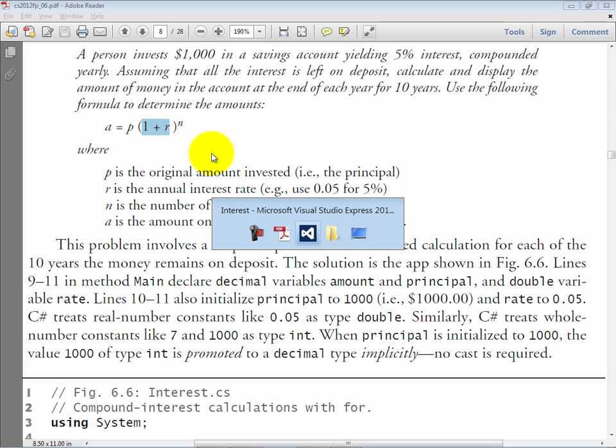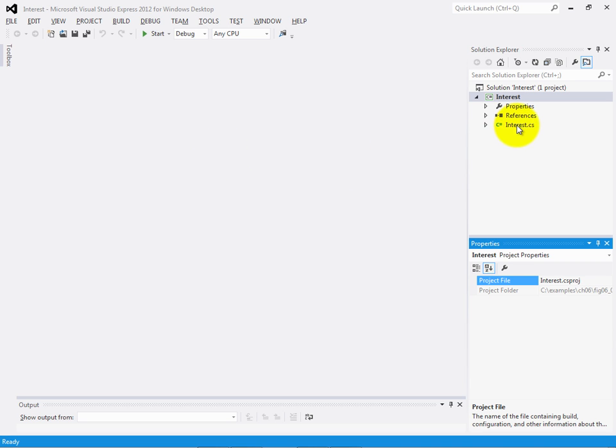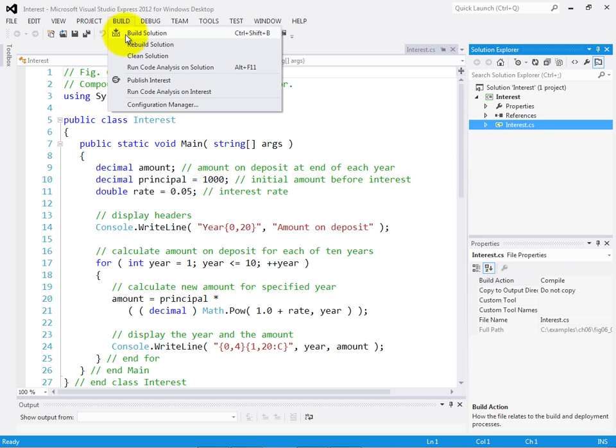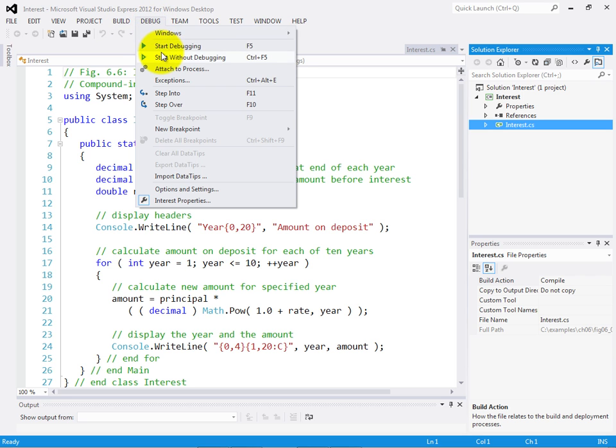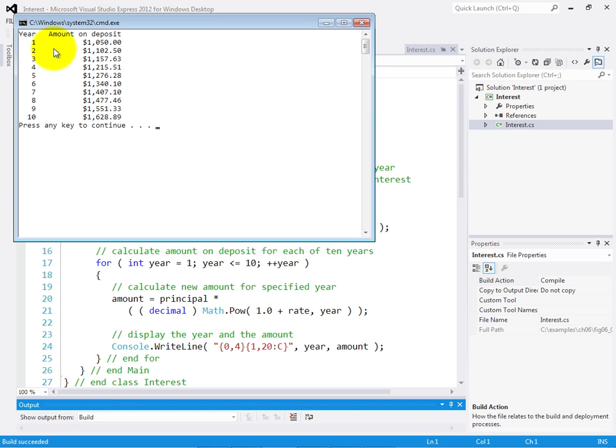So let's take a look at the actual code that performs this task, and I'll run the program first just so you can see the results. Notice, by the way, that we're displaying results in 2 columns of output here. We have some currency formatting going on to allow us to get these nice alignments of the decimal points, in our case dollars and cents. We'll talk about the formatting that we used to do that, which is one of the other new features in this example. We'll also be taking advantage of the Math class's Pow function for raising a value to a